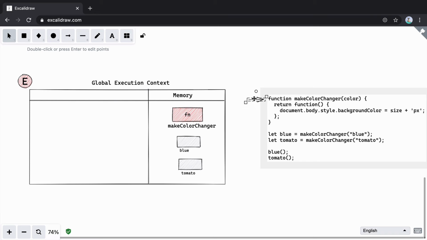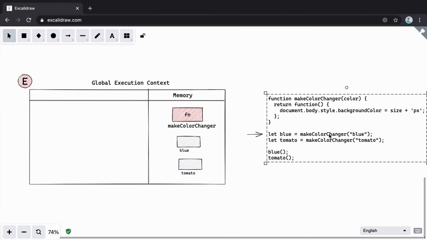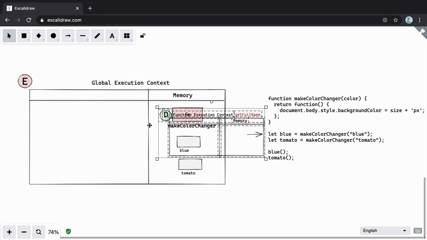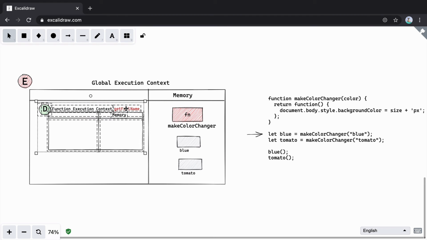In execution phase, we'll skip the first part because it is a function declaration. Here on the right hand side of blue, we see a function execution. And whenever you execute a function, the execution context gets created. So we'll create an execution context here. This is the execution context of